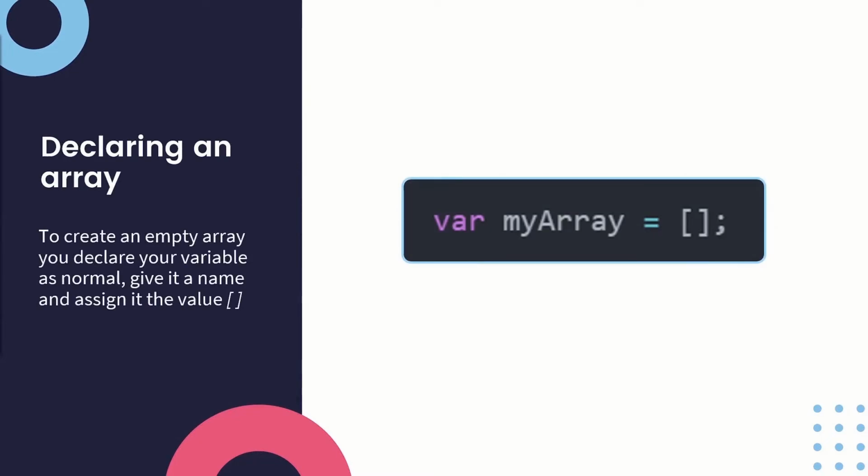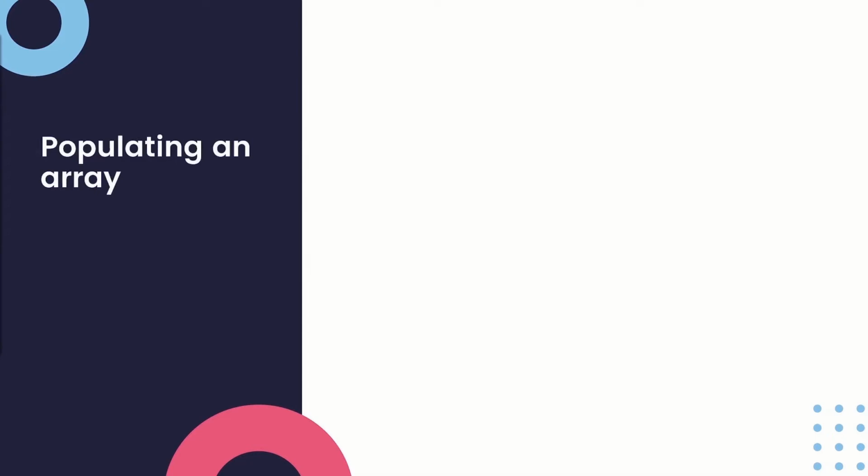Much like with a variable, we'll call the var keyword and then we'll give it a name and we'll set this equal to square brackets. Now, in this instance, this array is not populated. So essentially, it's a blank array. Now, how exactly do we populate an array? Well, an array consists of elements and index values, otherwise known as indexes and index values associated with certain